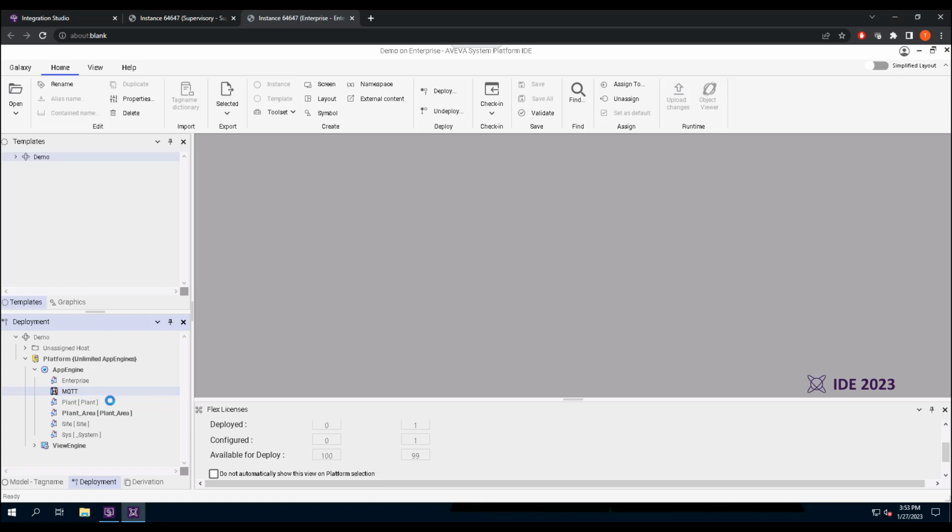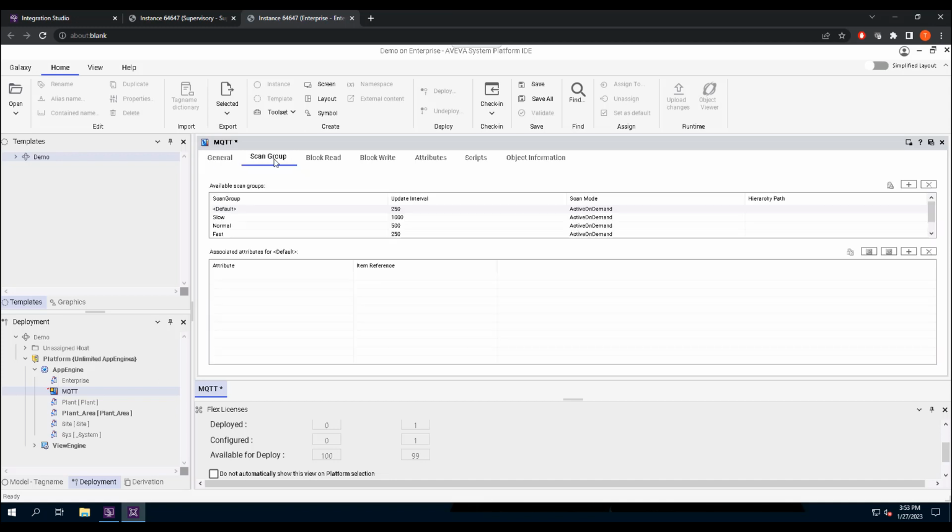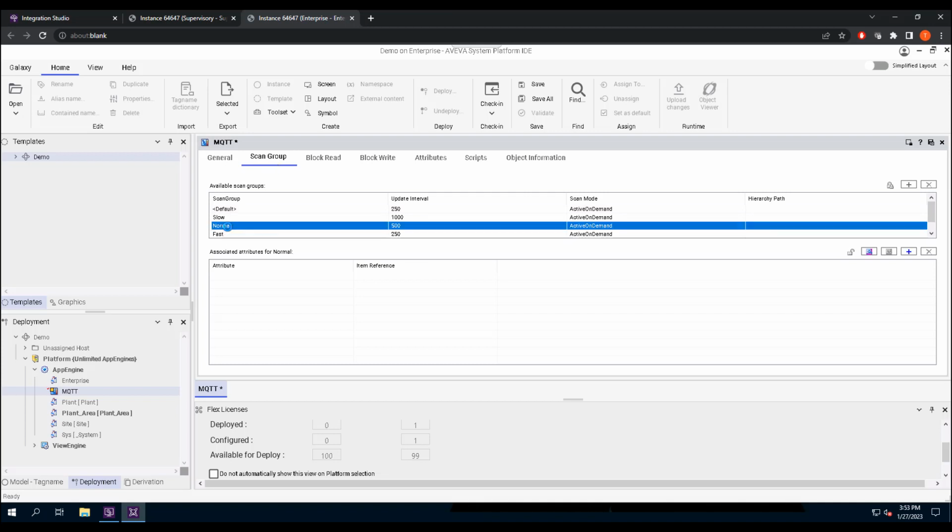So we'll double click this guy called MQTT. And we can leave the server name as the MQTT server, as well as the server node is going to be localhost. And then for the scan group, we can choose the normal scan group,